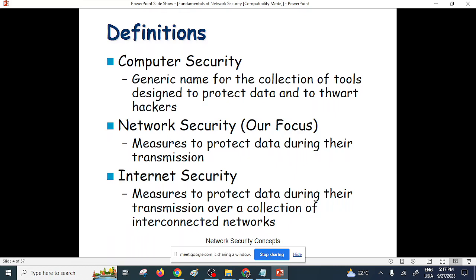What is the internet, by the way? It's a short form of interconnected networks. Yeah, interconnection of many networks. So that means if we fail to secure a single network, then of course the whole internet is not really